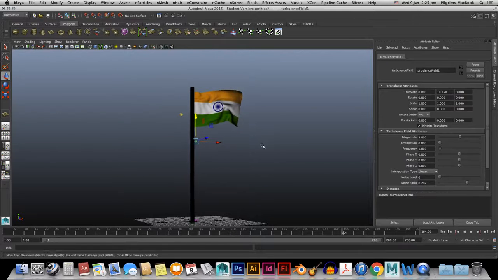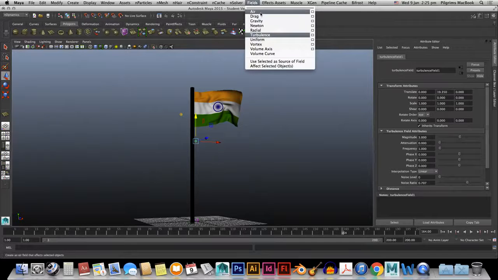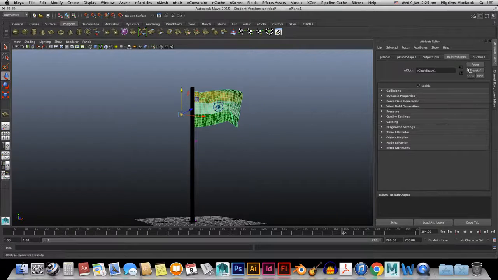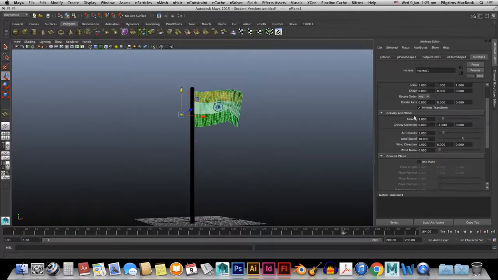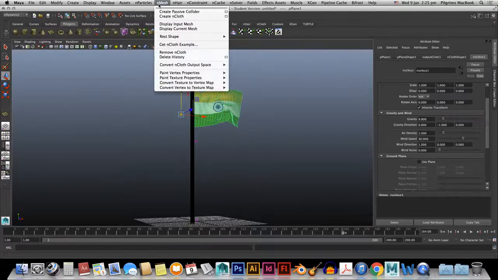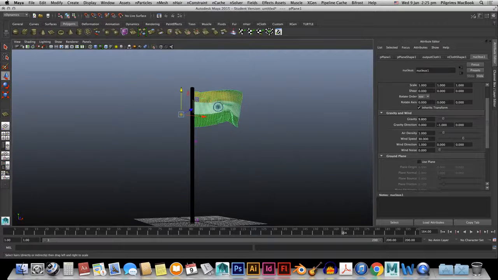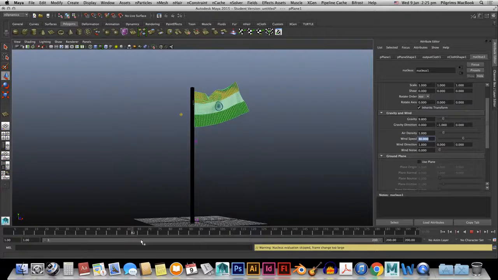For adding extra wind, you can go to the fields and here you have the air also, or if you want to work with the gravity, you can work with the gravity. By default, I have used the nucleus gravity and wind, which is present inside the nCloth, which you have made from the mesh. You can also animate through this. Right click by creating some keys and play around on your timeline and see if the result is working or not. So hope you understand the same.